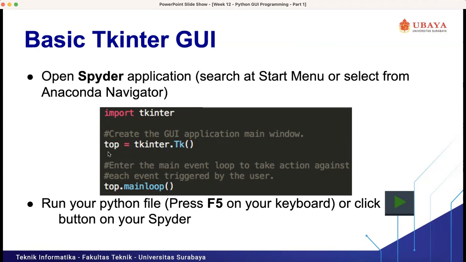It means we create one window here. Then top.mainloop enters the main event loop to take action against each event triggered by the user. You don't need to worry about this. So this is how to create a window form in our Python.